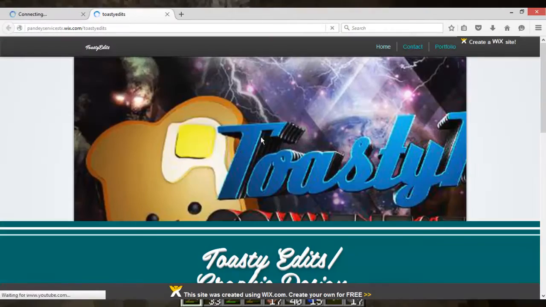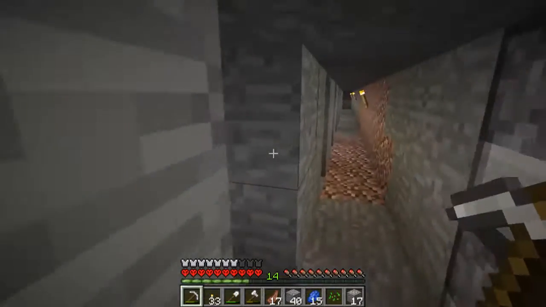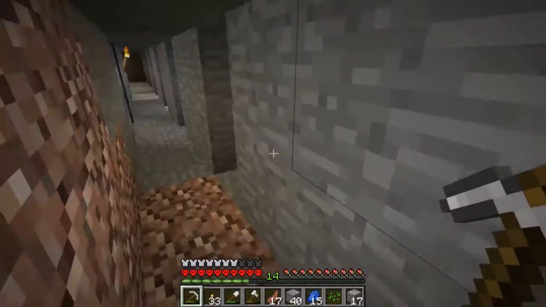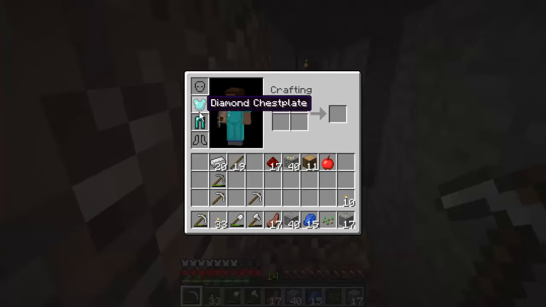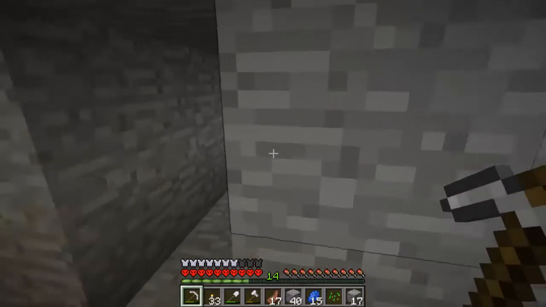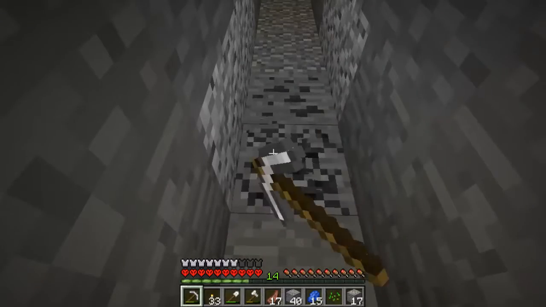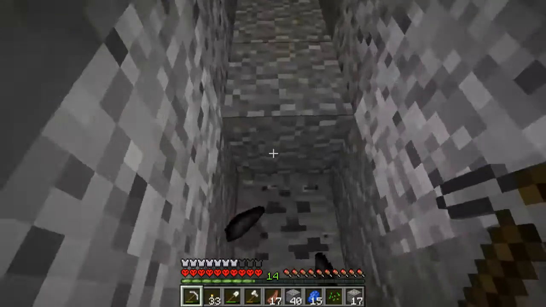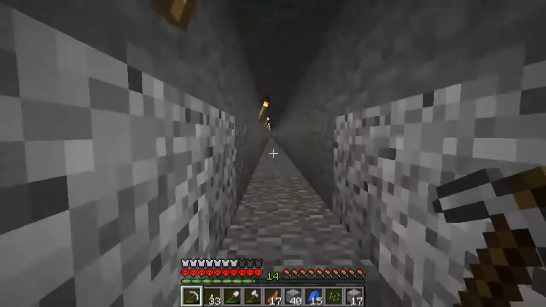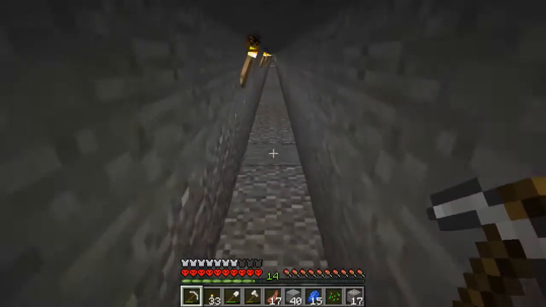Other than that, jumping right into the series. As you can see, we've done a little bit of work from last episode. I got a little bit of a strip mine going on here, and I did get a couple of diamonds. I decided to do that off camera just simply because that's a really big time consumer, and I don't want to spend way too much time filming just doing the same thing. I was literally just going on a straight line the whole time, but we can go ahead and explore over